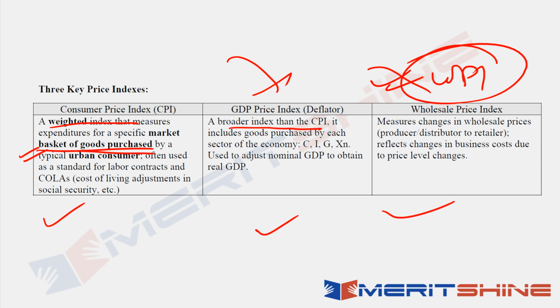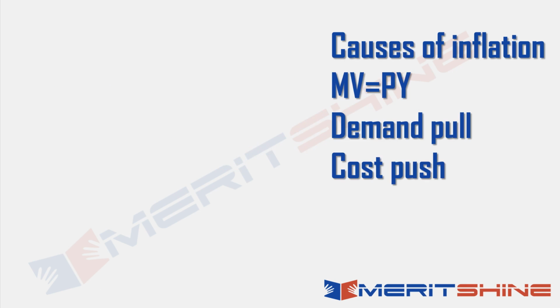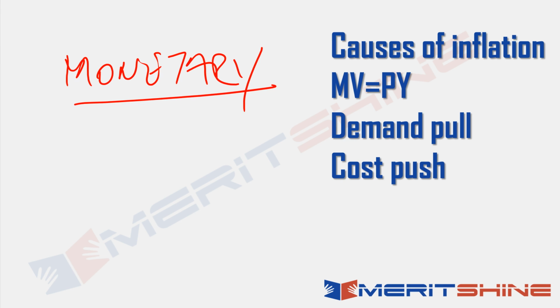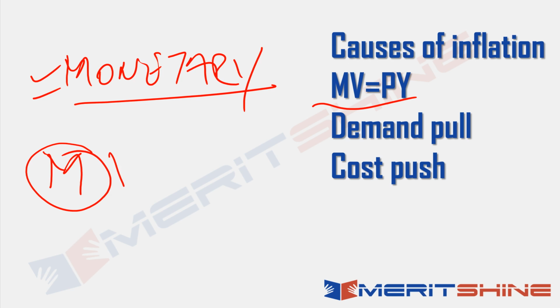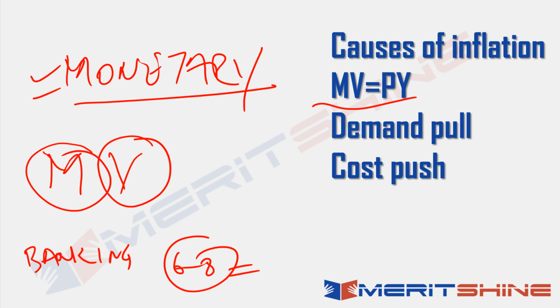Okay, so these were three measures, key indices which are used. Now, you remember the monetarist economists, the school of thought, the monetary school of thought, the monetarists, they talked about MV is equal to PY, right? So what they said was, now we can understand it more easily. So this is the money supply, this is the money velocity. What is the money velocity? If you have seen my banking lectures, which I think you should see, that like roughly 6 to 8 hours I have just talked about banking system, which is the next unit, which I will kind of skip here and will ask you guys to